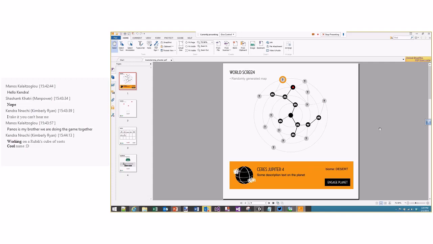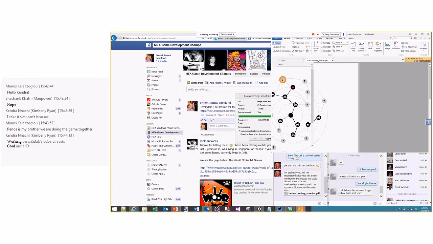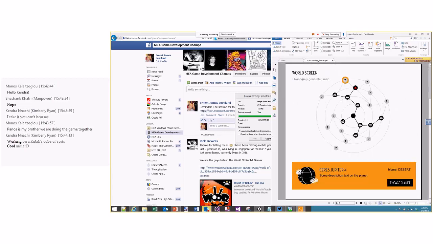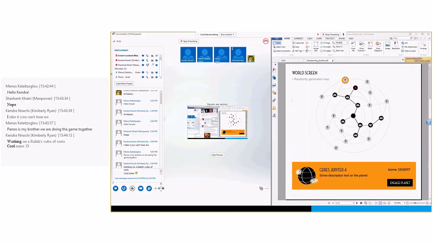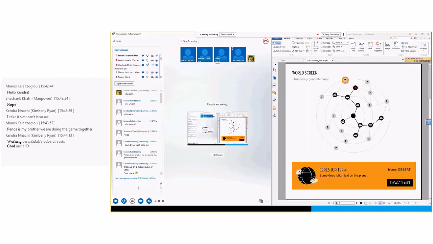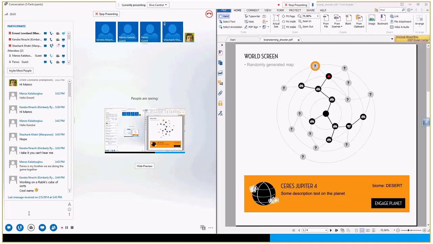So you go on to different, let's say, planets, and you play a small mission, and then you get back to the map screen. Each circle there represents a different mission of sorts. If you start, for example, from the central planet, you get to choose